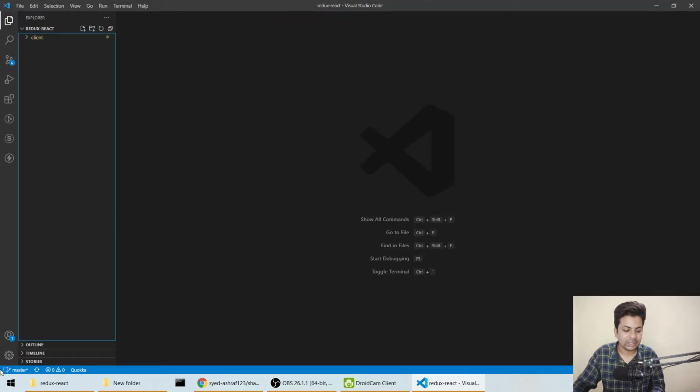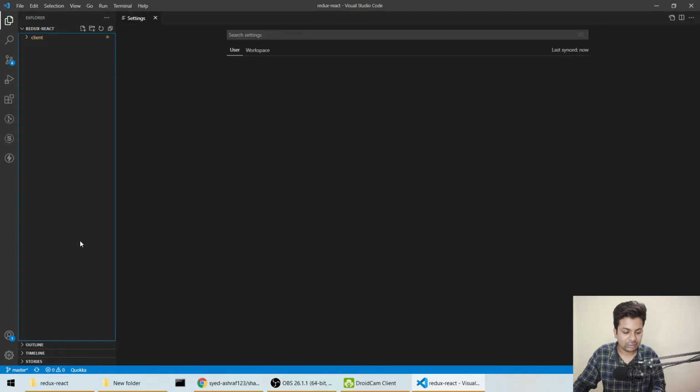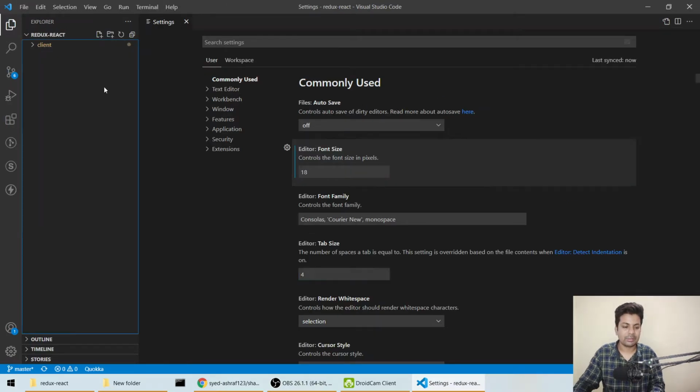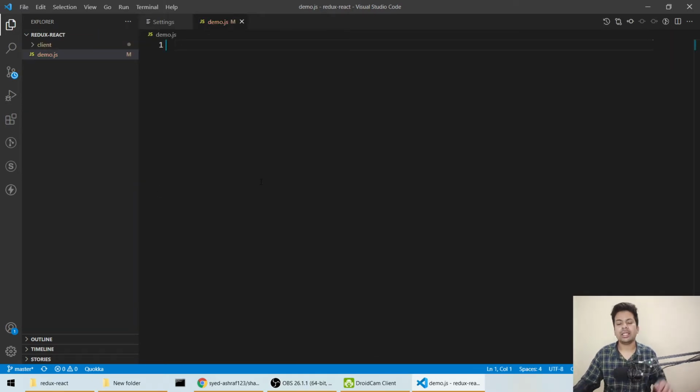Let me just increase the size of the font, make it 18, and a little bit bigger. So let me firstly make a file called demo.js. Normally everyone has told you about the store and multiple things.